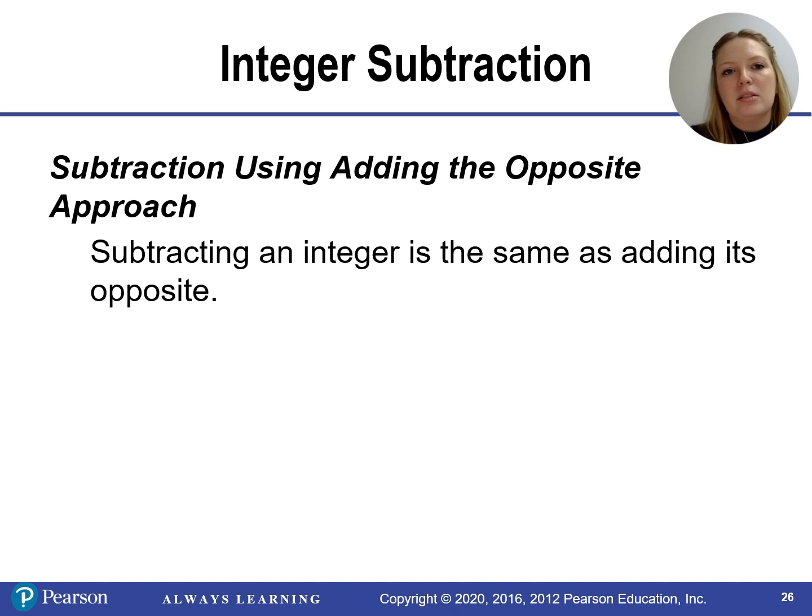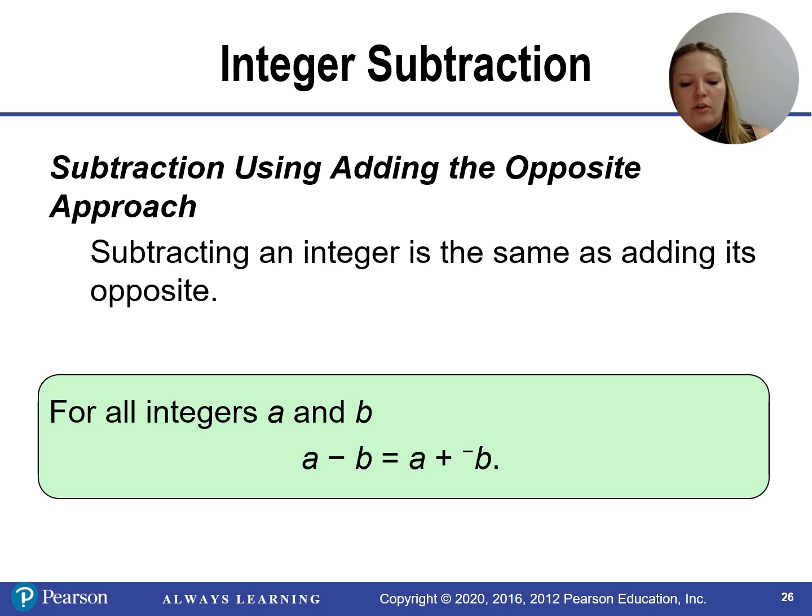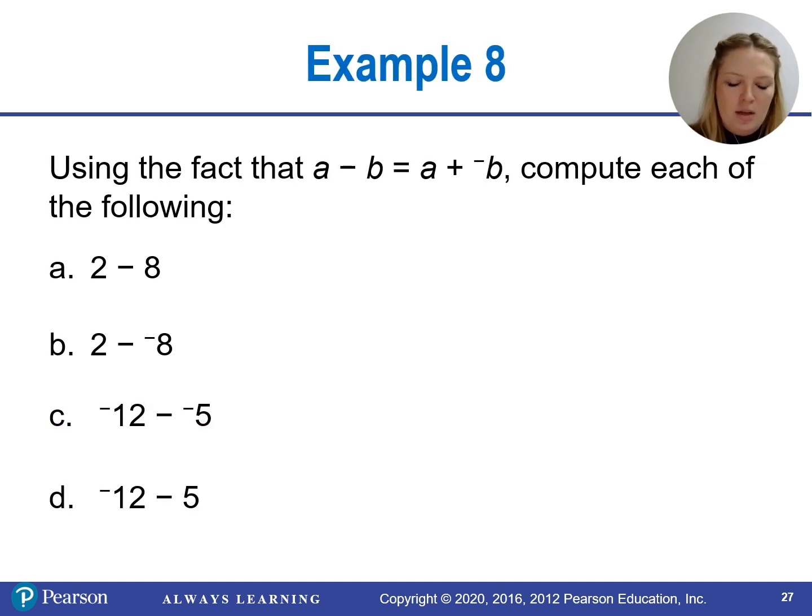We can think about subtracting in the integers as adding the opposite. So subtracting an integer is the same as adding its opposite. So for all integers a and b, a minus b is the same thing as a plus negative b. If we use this fact, we can figure out